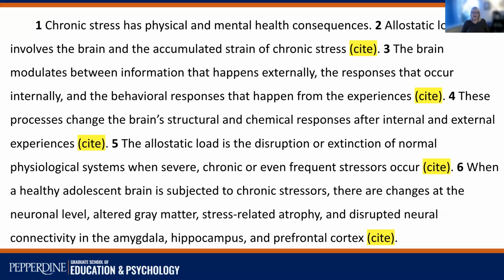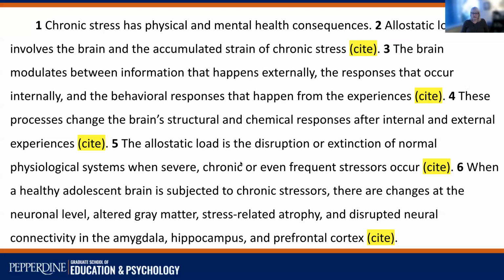However, as you can see with this paragraph, sentences 2 through 6 all have very specific terminology and make very specific claims. So number 2, allostatic load involves the brain and accumulated strain of chronic stress. So when you have specific jargon or language like this, it's going to need a citation.